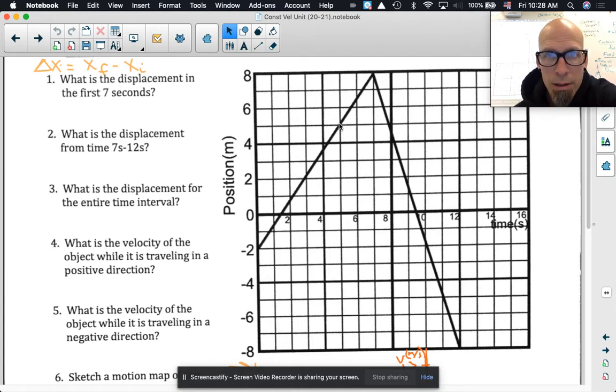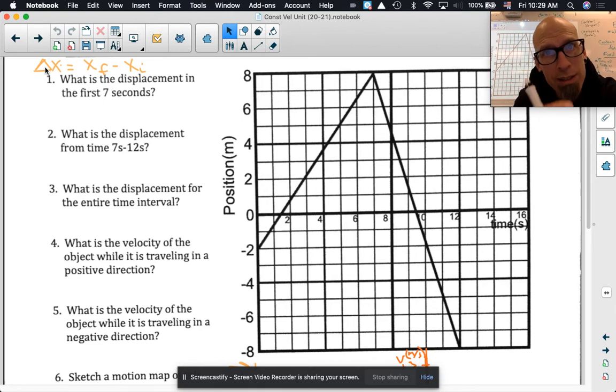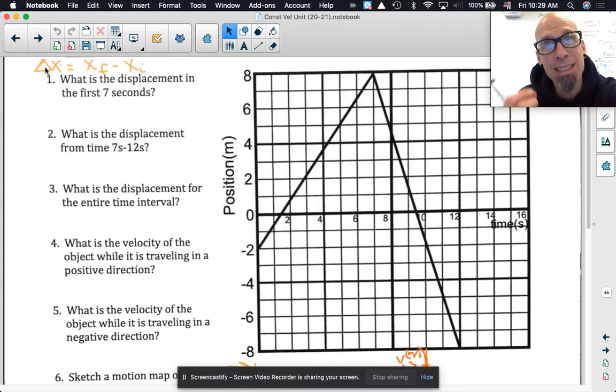We said the other day, multiple times I've said this, that displacement, this word displacement, is delta x, which is called change in position. All three of those things are exactly the same. They are synonymous. Displacement is how far you have changed positions, which is what we call delta x. Delta x is the symbol for change in position. Displacement is the term of what change in position means. It means you've been displaced.